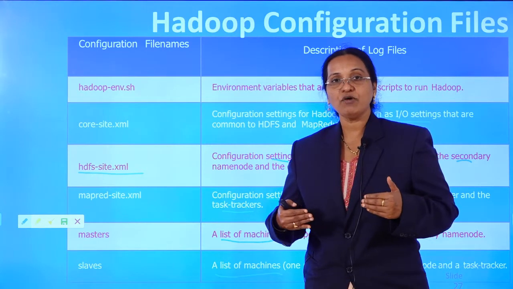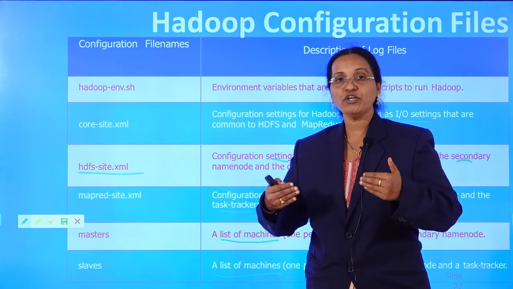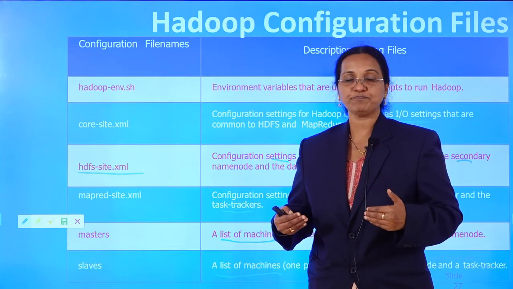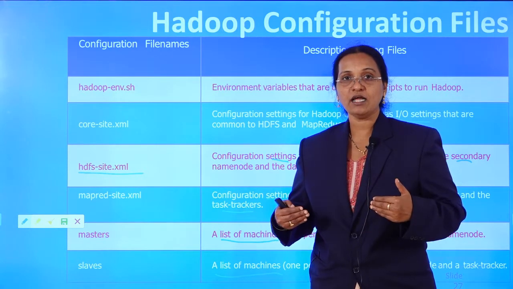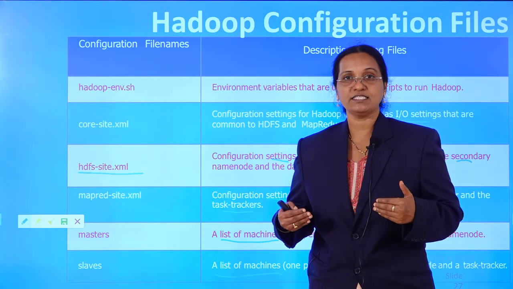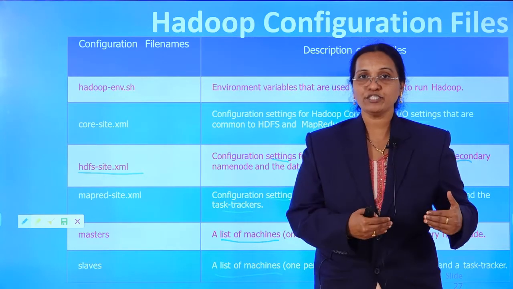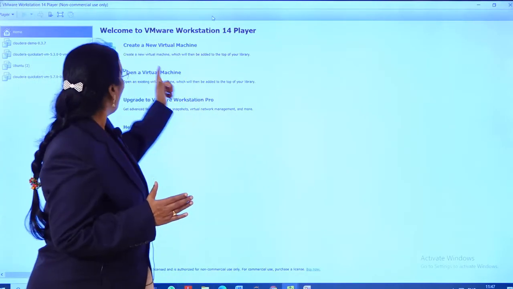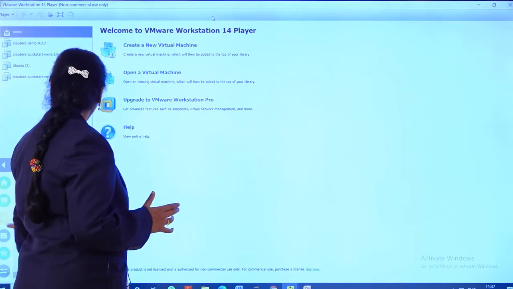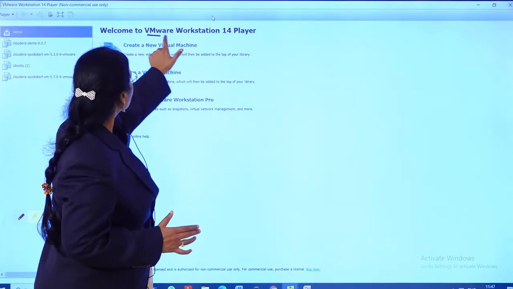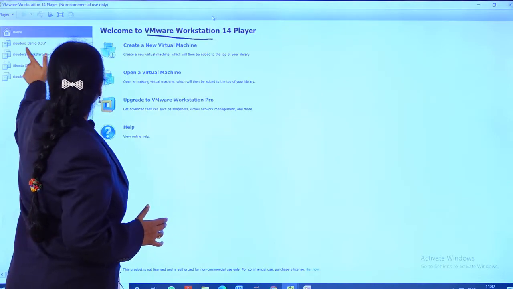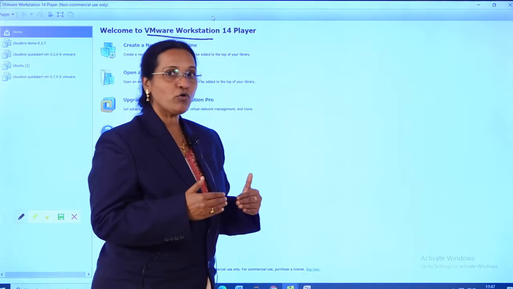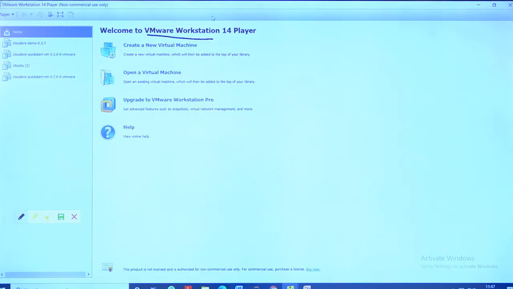In our class we will be using Cloudera. We are going to download Cloudera, and then use it by using VirtualBox. I am using the virtual box here for the demonstration of these configuration XML files. We will see the execution part. As I said, we are going to use VMware Workstation to make use of Cloudera so that I can run Hadoop. How to do that, we are going to see step by step.